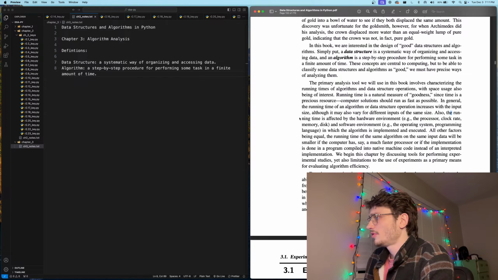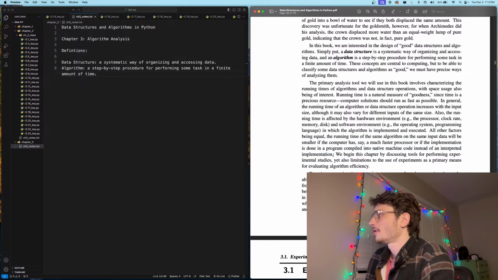Also, the running time is affected by the hardware environment, the processor, clock rate, memory, disk, and software environment, the operating system, programming language in which the algorithm is implemented and executed. All other factors being equal, the running time of the same algorithm on the same input data will be smaller if the computer has, say, a faster processor, or if the implementation is done in a program compiled into native machine code instead of interpreted